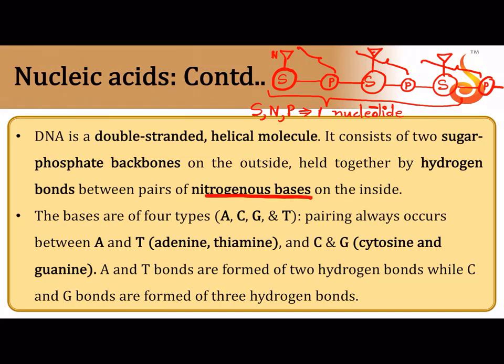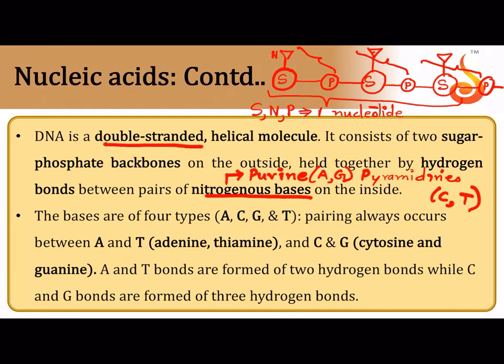So nitrogen bases, please remember there are two classes of nitrogen bases called purines and pyrimidines. Adenine and guanine are called purines. All of you remember these are ringed compounds. Purines have heterogeneous rings, 2 rings, and pyrimidines have a single ring. So 2 types of nitrogen bases which usually are found in nucleic acids. Purines include adenine and guanine, and pyrimidines include cytosine and thymine.